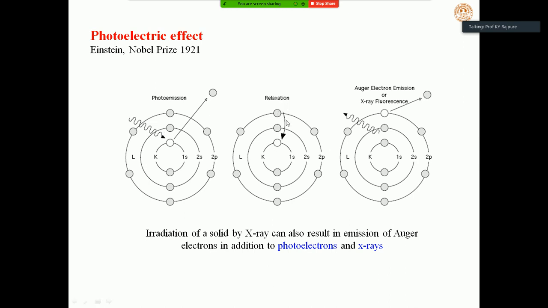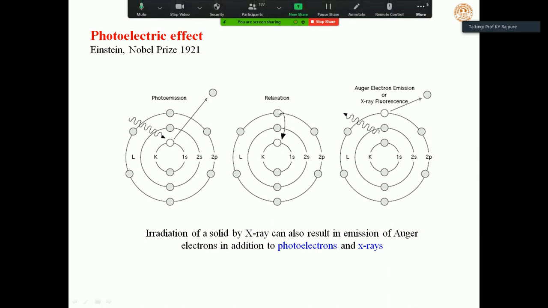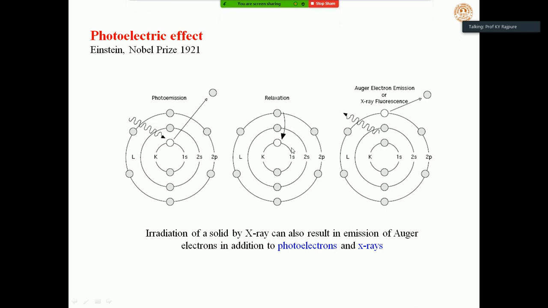And therefore this vacancy is filled by another electron. So according to Bohr's postulate, we know E2 minus E1 is equal to h nu. The photon or the radiation should be emitted. But many times these are